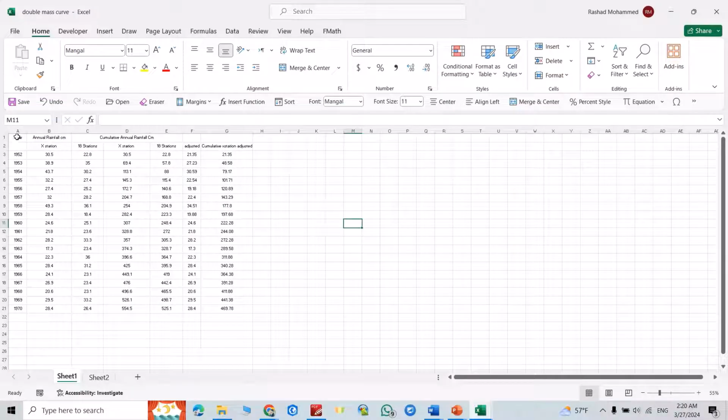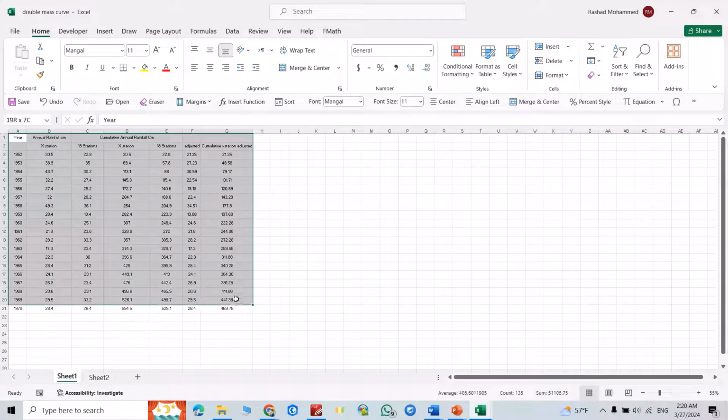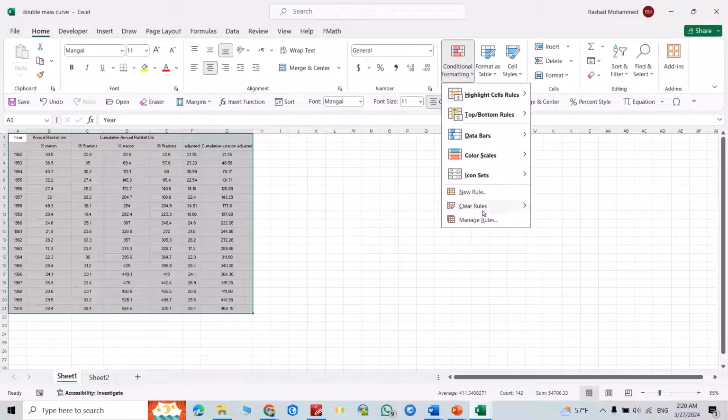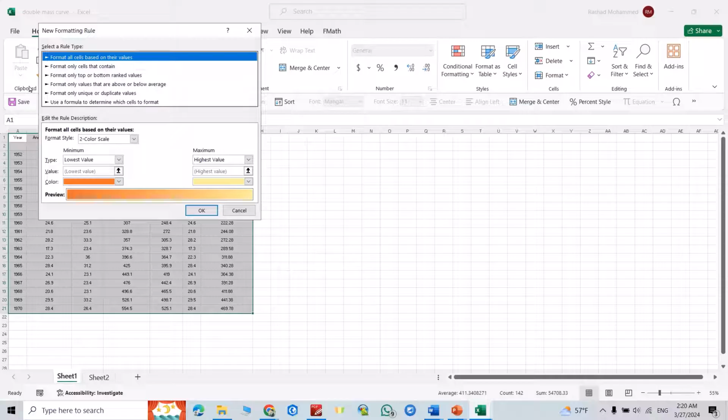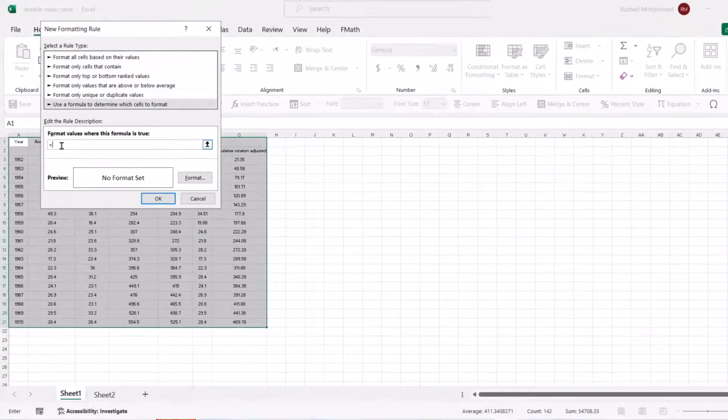Let's start. Just select the cells you want to format, then conditional formatting, manage rules, new rule. Use a formula to determine which cells to format. From here enter the rule